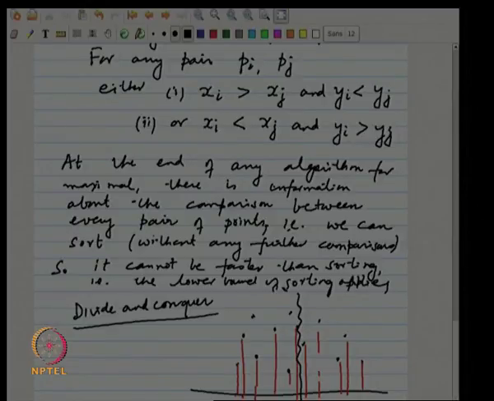right half, I find the maximal on the left half, which would look like, let us say, some staircase here, some staircase on this side, another staircase on this side, right. And somehow we need to combine this staircase, right? And we know that the staircase on the right must survive, right. If it is maximal on the right half, it has to survive. It is only the points on the left half that may be dominated by some points on the right side,